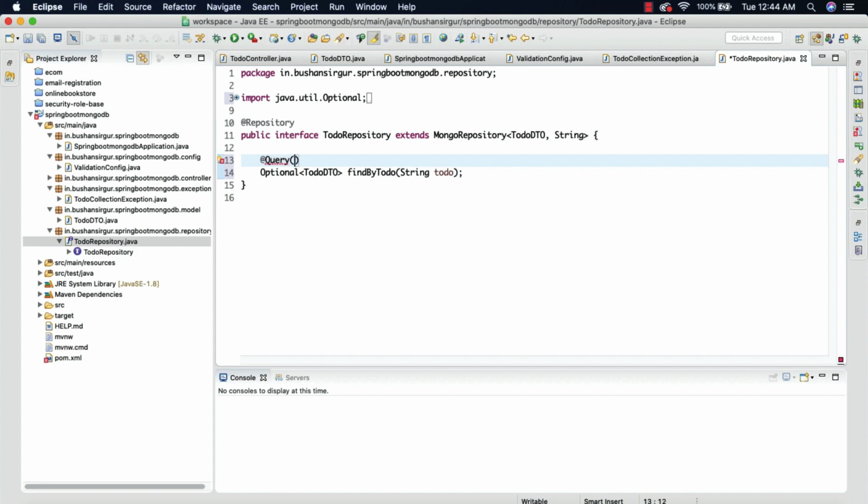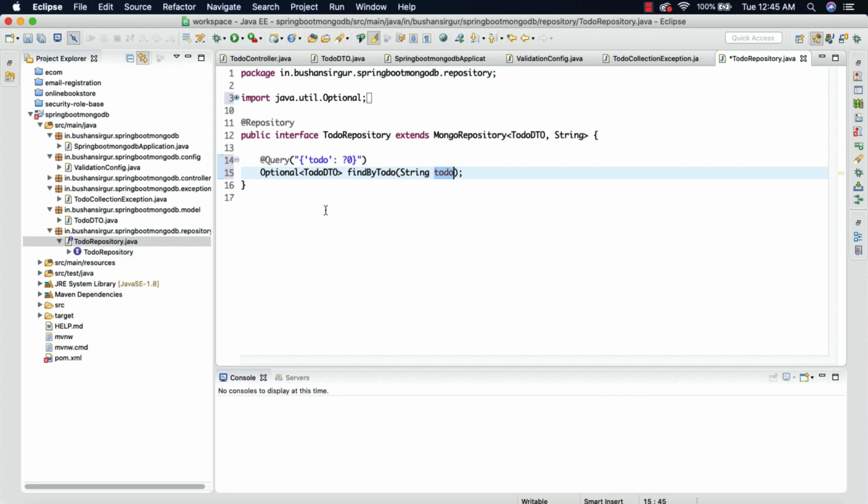To this we are going to pass the parameter, or we are going to specify the property name within the curly braces, which is toDo, and we're going to pass the parameter index, question mark 0. The parameter index starts from the 0th index, which is nothing but the first parameter in the method. Let me import this Query annotation as well.